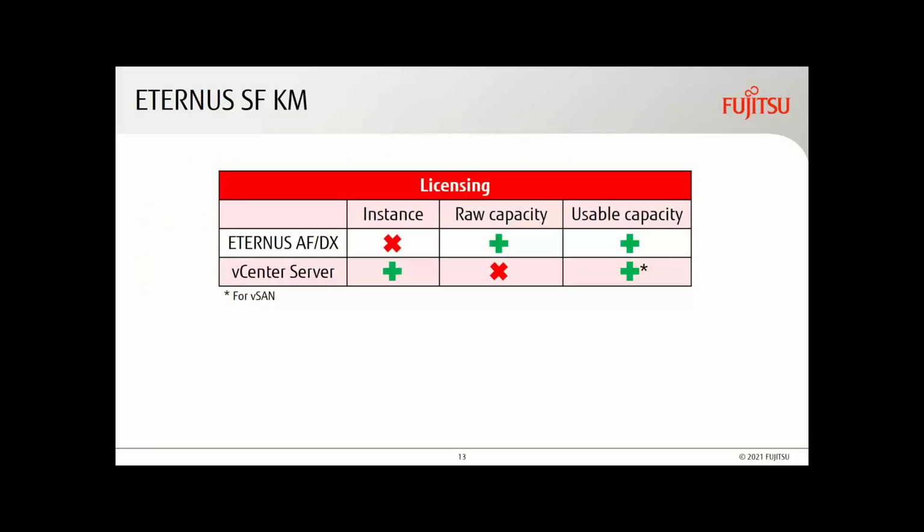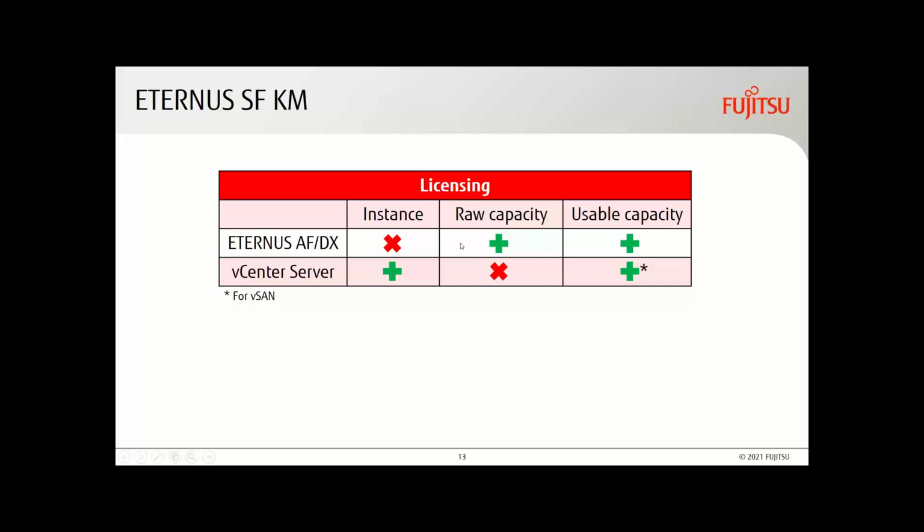Okay, so quite quick about the licensing. KM isn't a free of charge product, so it requires additional purchase, and it's licensed in two ways. First is per instance, and the second is capacity licensing. Like shown in this table, per instance licensing is available only for vCenter. It means that one license is needed for one vCenter server instance. If you have more of them in your environment, then you need an equivalent number of licenses for each vCenter server.